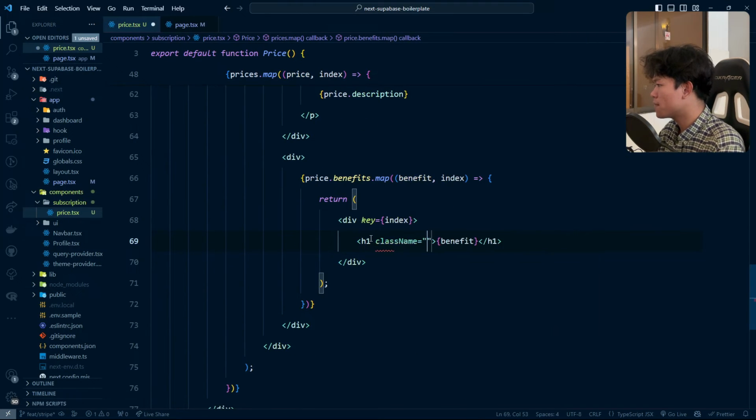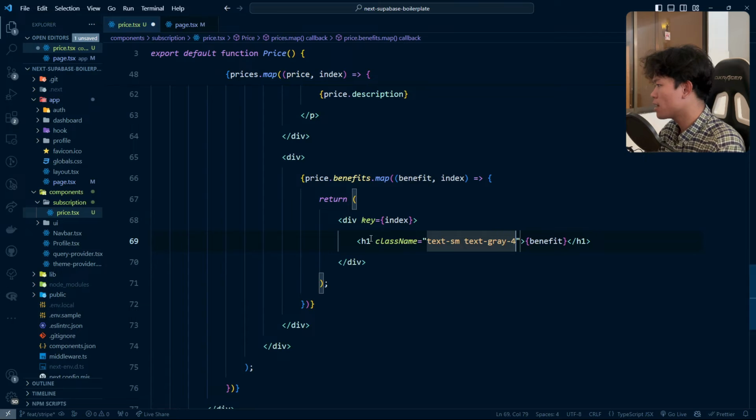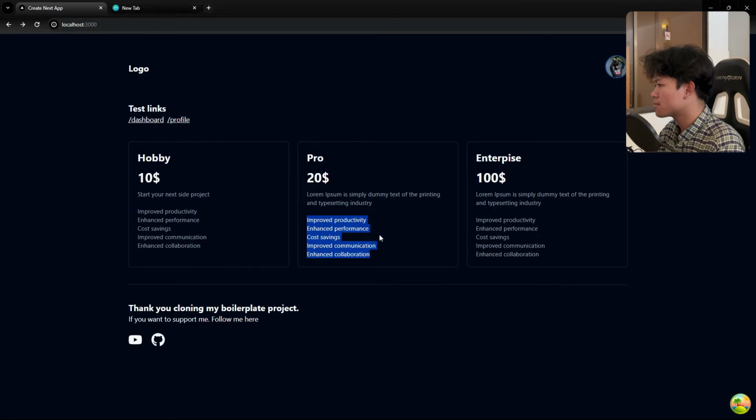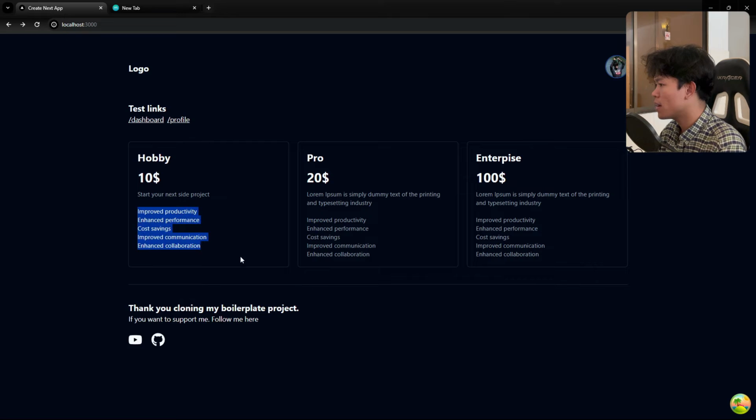So for the benefit right here, I'm going to do the text of this one to SM and the text of this one to gray-400 as well. And let's do some spacing between this. And then let's do space-y of this one to 3 as well. Okay. And make sure I hit save, space-y. Okay. All right. So it's,